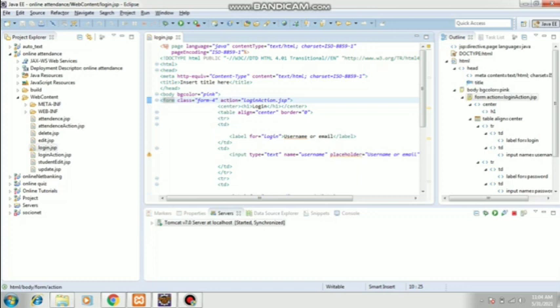So this action should connect to the Java page, which has been created actually. I have created one Java page. The name of the page is login action. Make sure that you don't give any space in between. So login action will be the JSP page, understood?